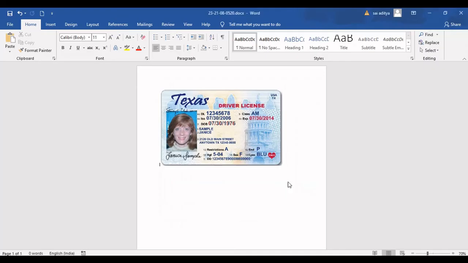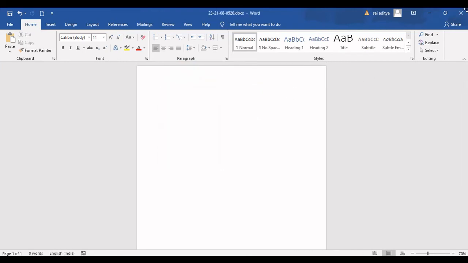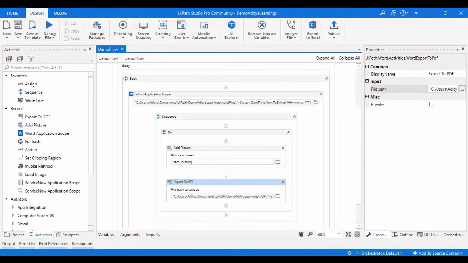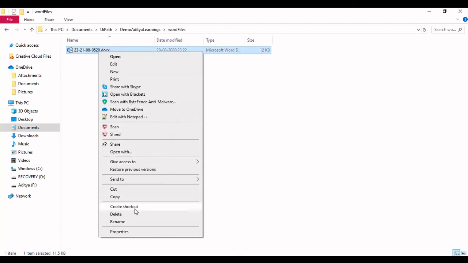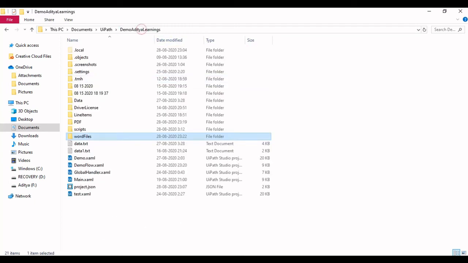Export to PDF command failed. You can see the image is inserted here, but let us check why the error occurred. In the Word files we have a document. Let me delete this.